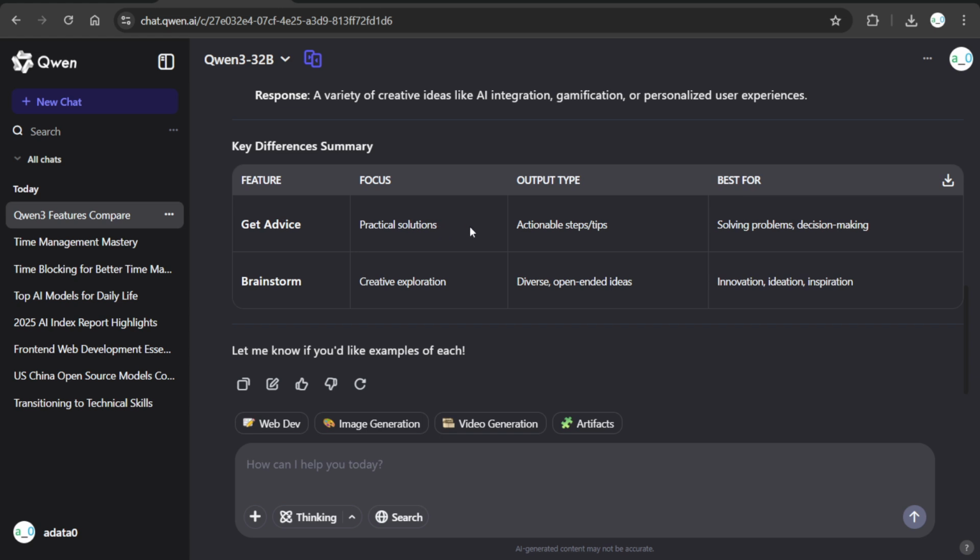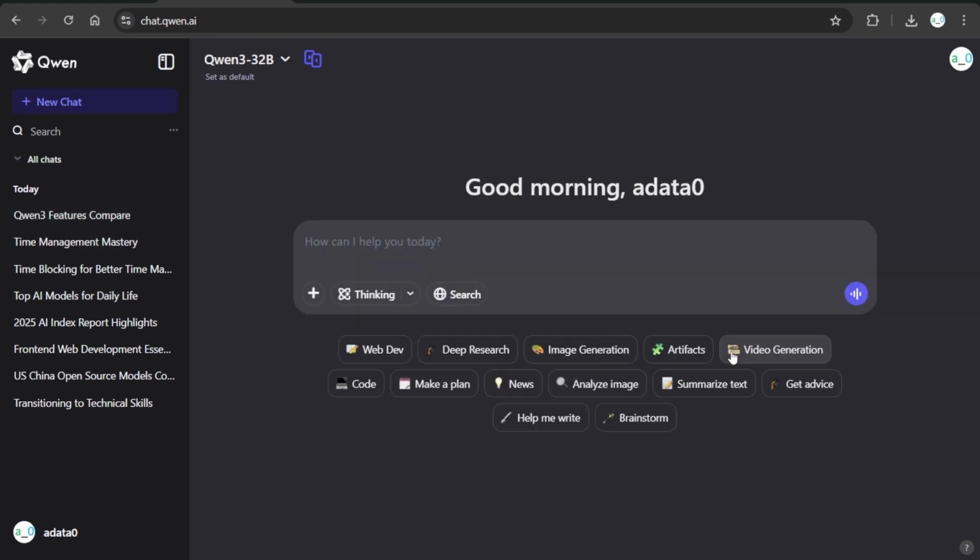Get advice: practical solutions. Creative exploration for brainstorm: diverse open-ended ideas, innovative ideation, inspiration. Best for solving problems, decision making, actionable steps and tips. Okay, now